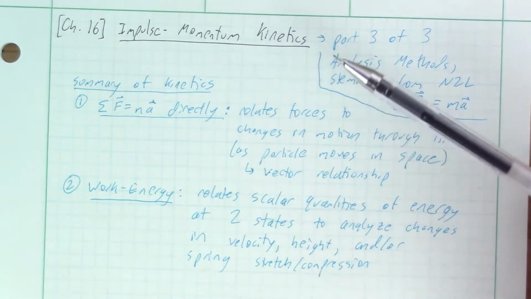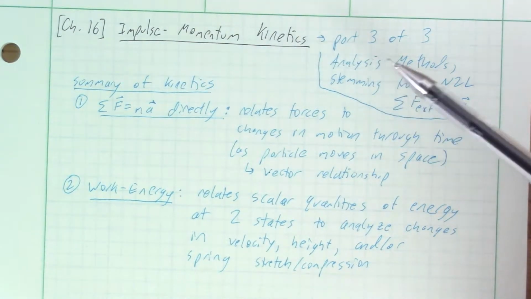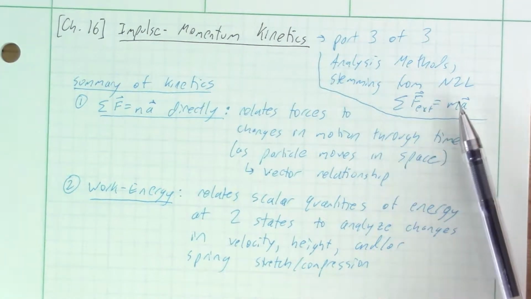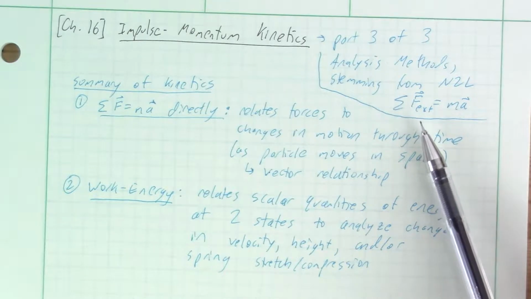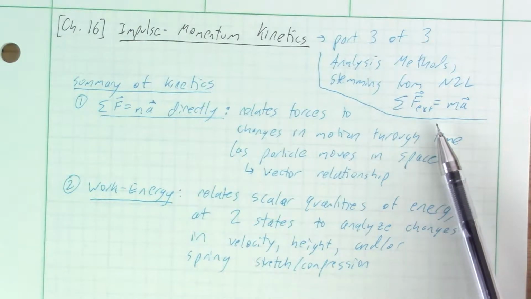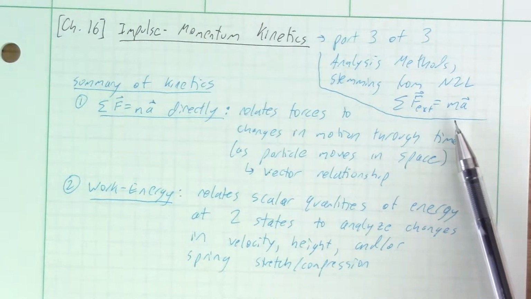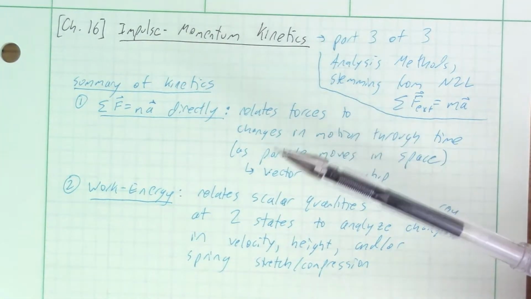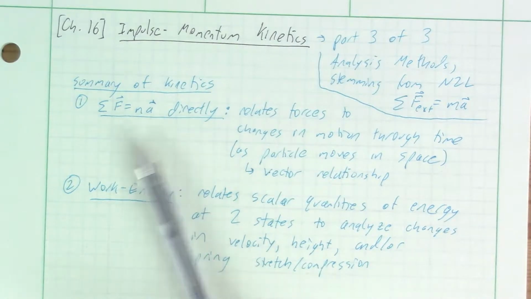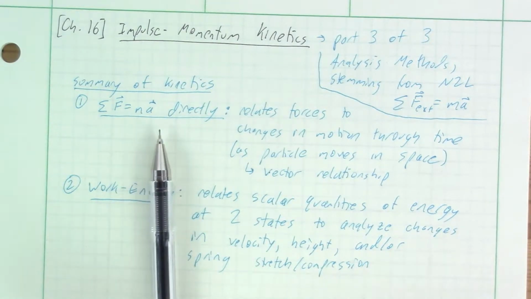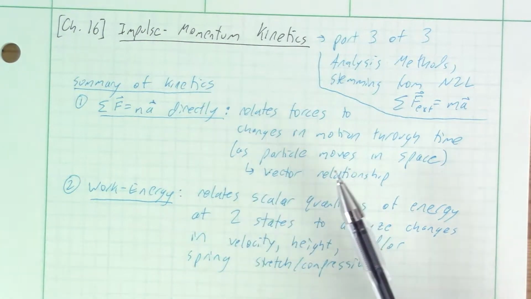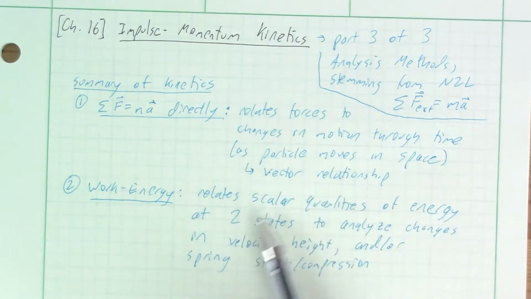2 main components of dynamics, which is the name of the class here, right? All of these analysis techniques, all of our kinetics stem from Newton's second law, which is where we sum up the external forces on a body, external forces on a particle, and that equals the mass of the particle or object times its acceleration. What we've done so far with kinetics, right? We took Newton's second law, force equals mass times acceleration, directly as a vector relationship. We talked about how we could relate the forces to the changes in motion through time as the particles move